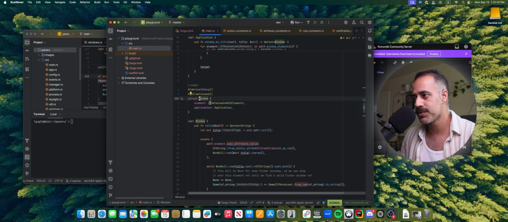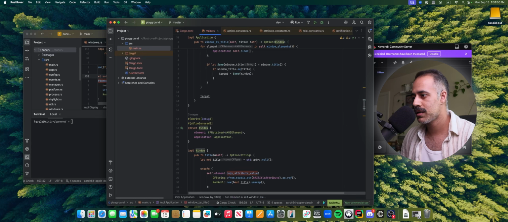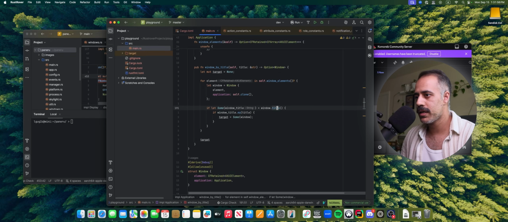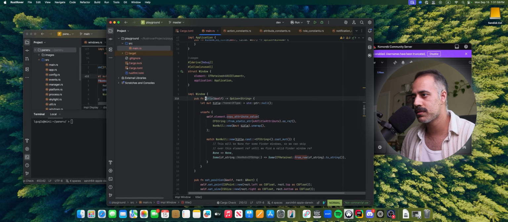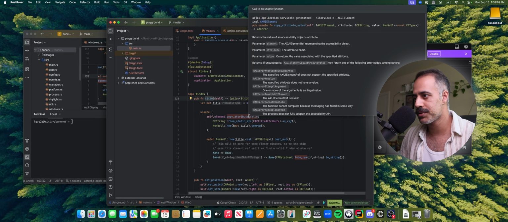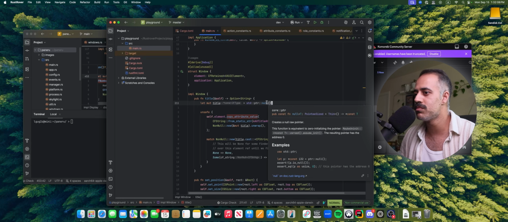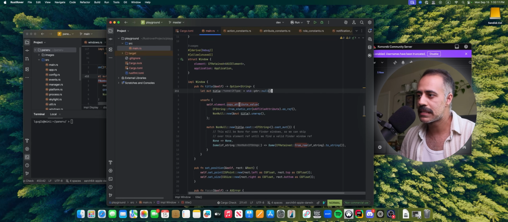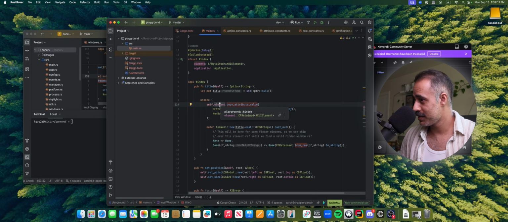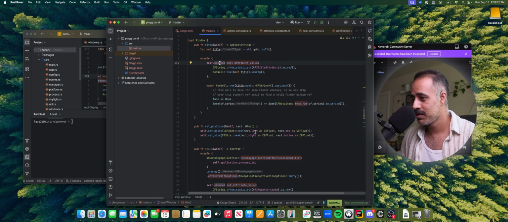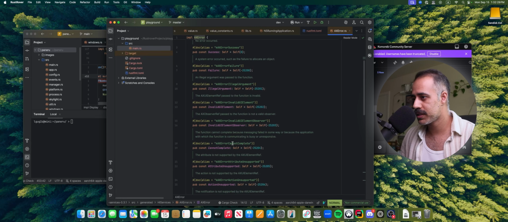So you see window also has this AXUI element. And then we look up the window title. So title is something that I've implemented as a wrapper. And you can see again the same pattern. We have this assume init null pointer. We copy an attribute value again for the window element, right? So it's still an AXUI element, but it's a window element. If you try to do this on an application element, you would get